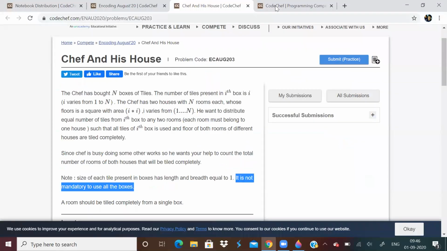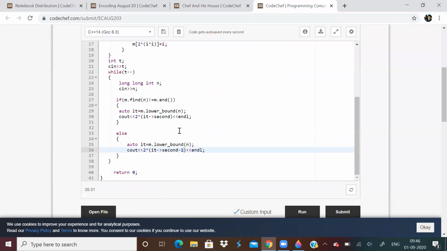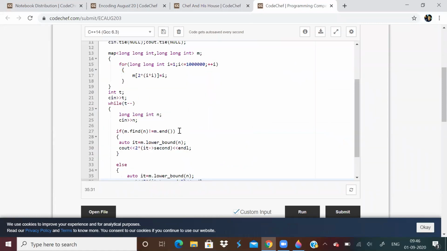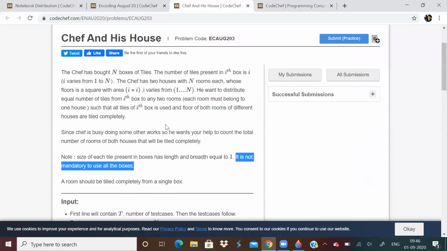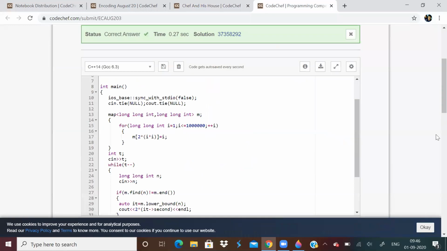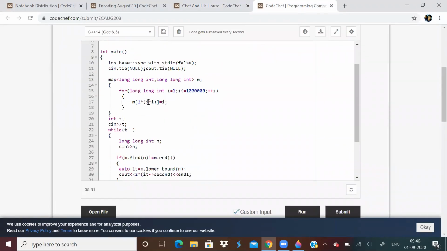So what was the code? Use a map and pre-calculate all of them. That means you will save a lot of time. The time complexity will drastically reduce. I think people were getting TLE because the n value is up to 10 power 12. So use a map and store this in the map. That is, you are just storing the term.